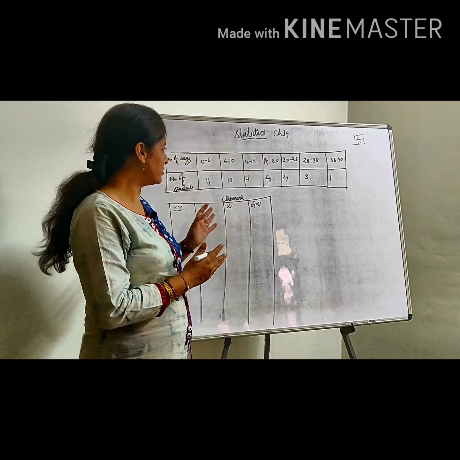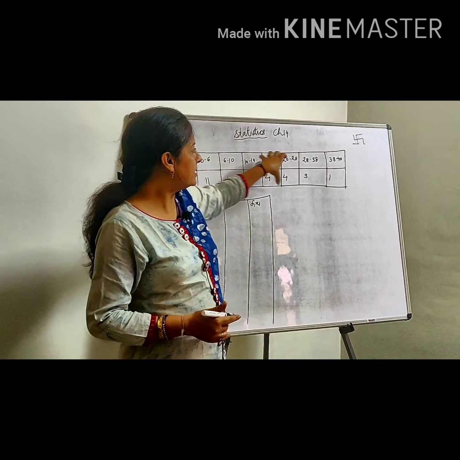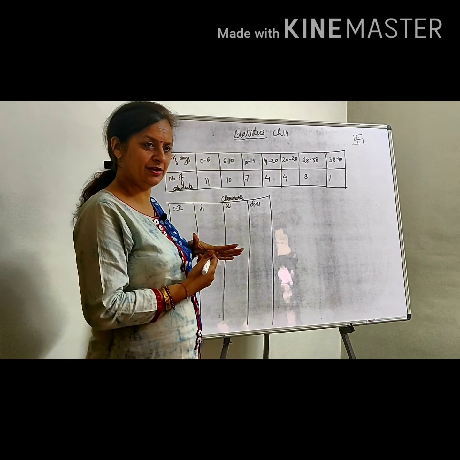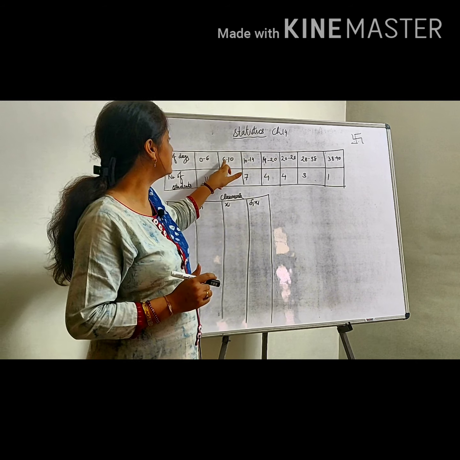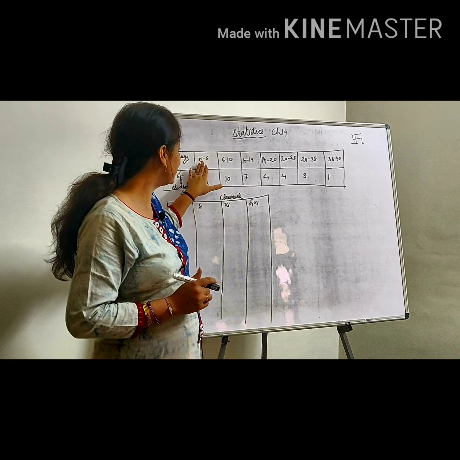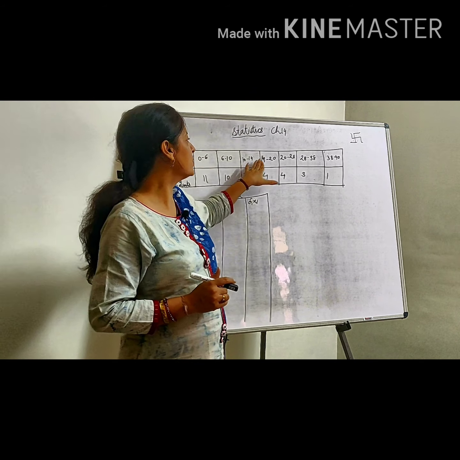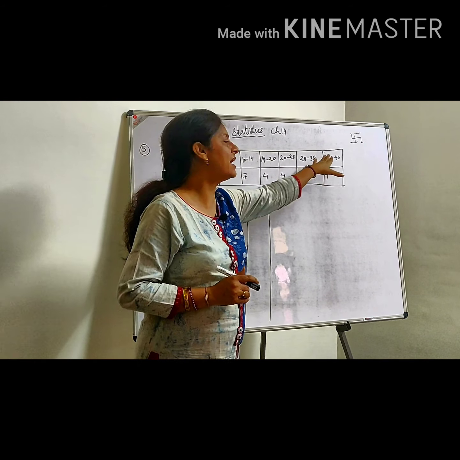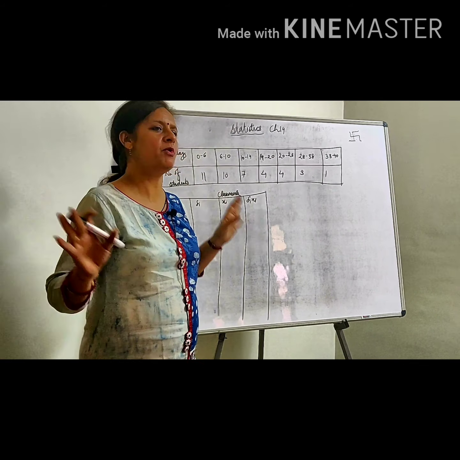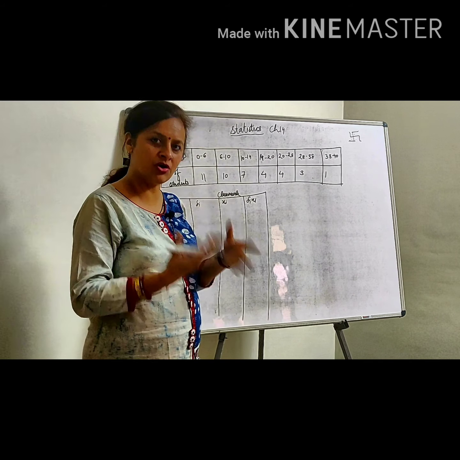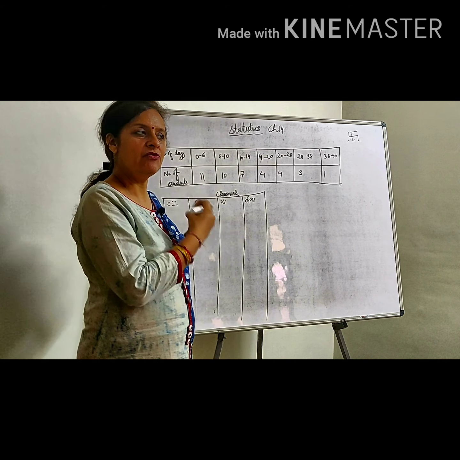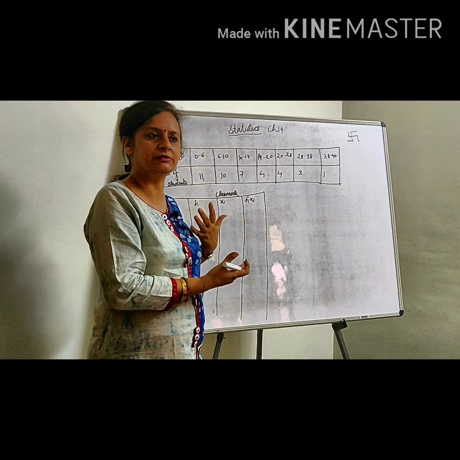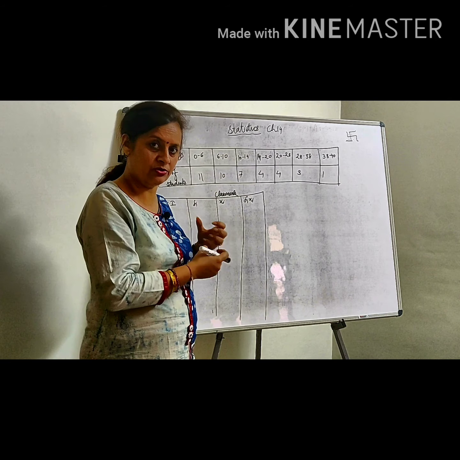If you pay attention, the data is in continuous class intervals, but the class size is not the same. It is 0 to 6, 6 to 10, 10 to 14; the class sizes are 6, 4, 4, 6, 8, 10 and 2. So you don't worry about that. If the class size is not the same, then also the method will remain the same. If it is not a continuous class interval, firstly we are going to make it a continuous class interval.